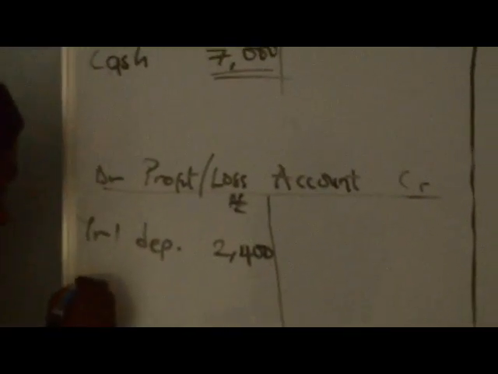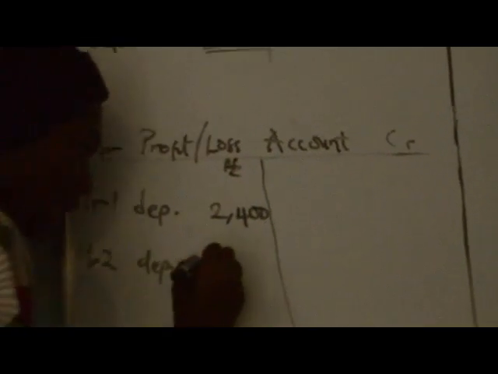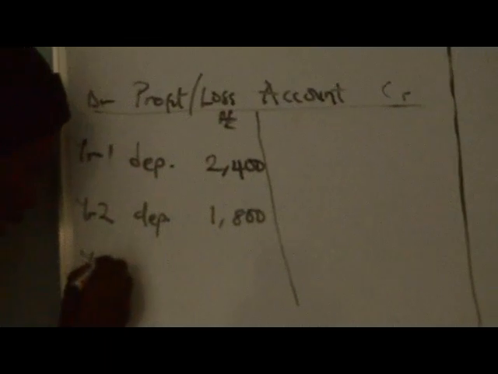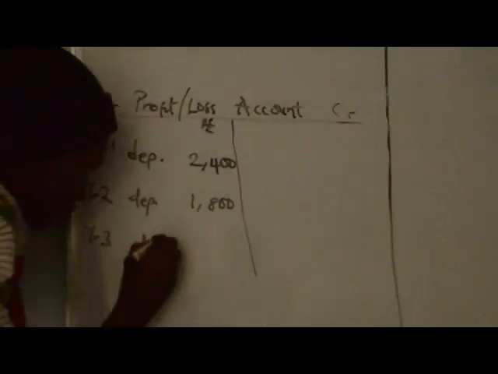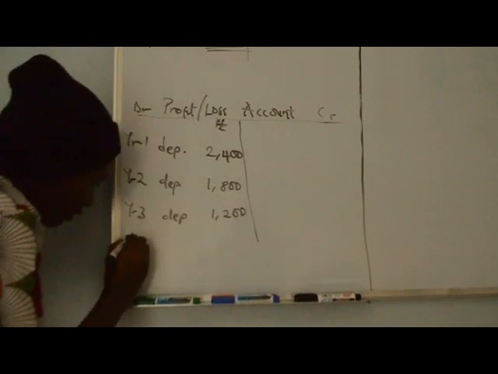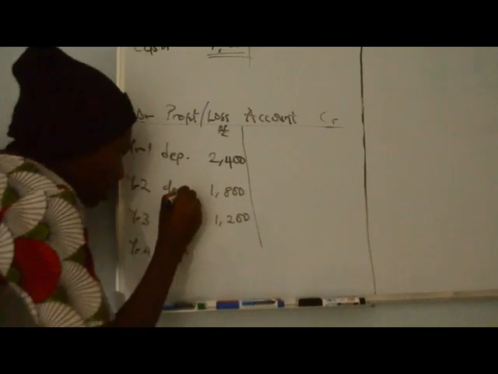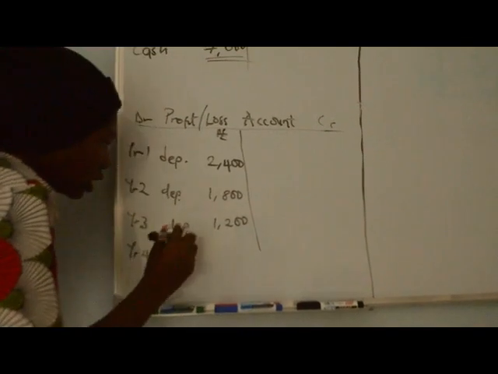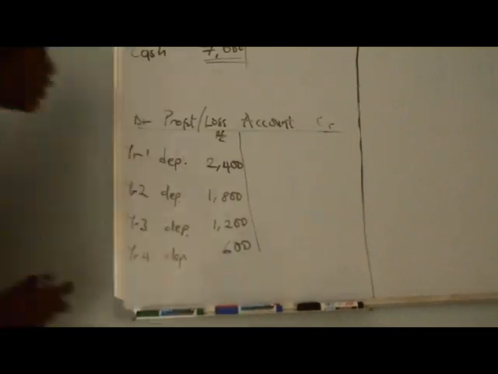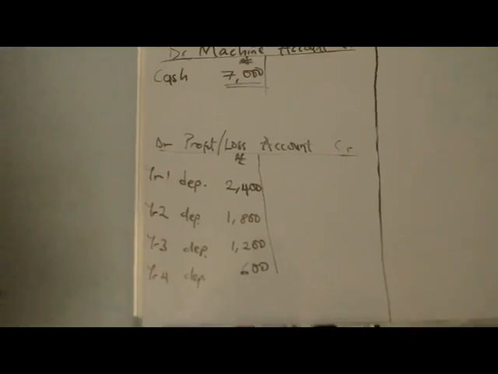Okay, for our second year, depreciation is 1,800 naira. Our third year, depreciation is 1,200 naira. And for our fourth year, depreciation is 600 naira. So for each year, this is the money that the business is charging as expenses for